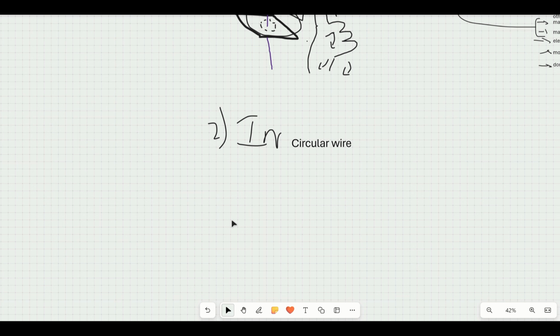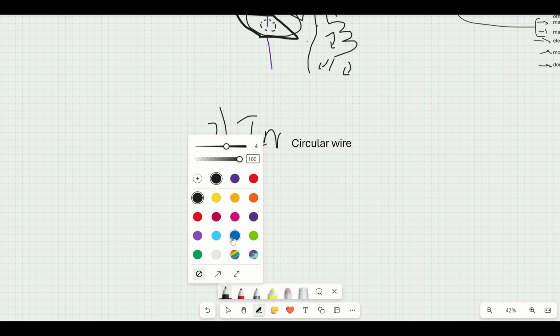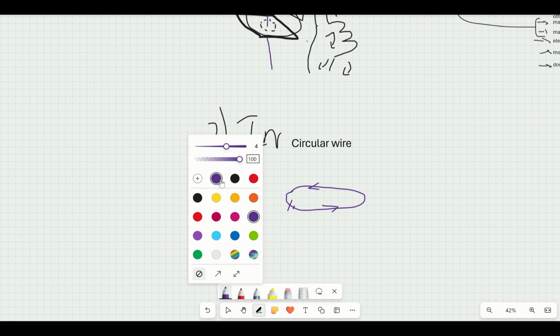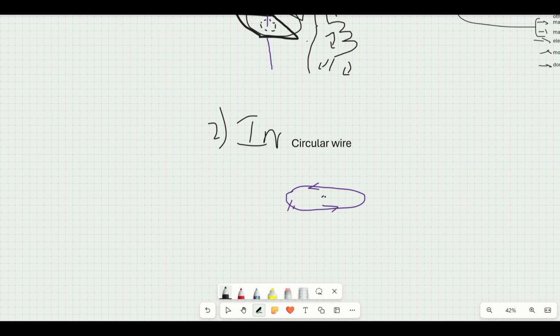Okay, so now we are seeing a circular wire. Let's make a circular wire with the color purple. It is a circular wire where current is flowing. And if you ask, Rajveer, there is no battery, how will the current flow? So, here's a battery. Happy? So we see that in a wire which carries current in a circular motion, the magnetic field occurs as